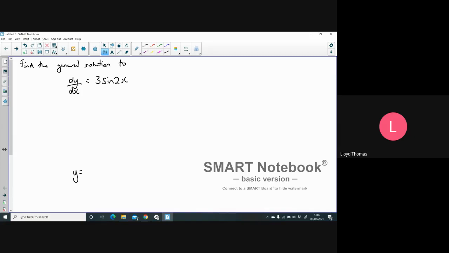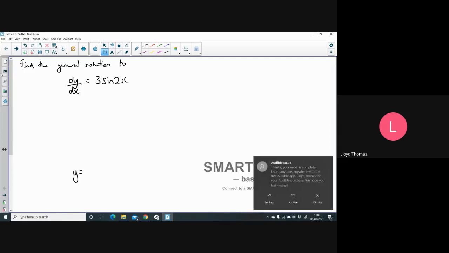Now, for a question like this here, we need to separate the variables and rearrange it. Now, you may look at that and think, if I want to get back to y, all I need to do is integrate, which is essentially what I'm going to be doing with this one,